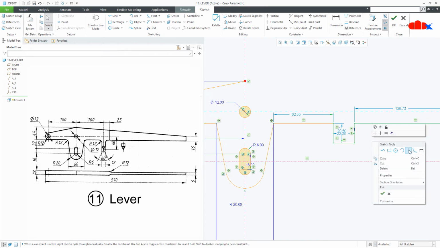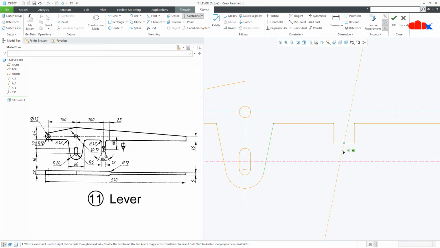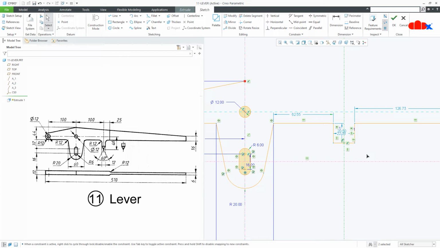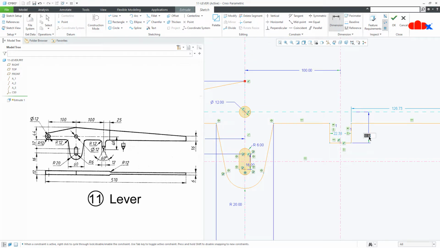Now draw a center line from the mid of this. Now from here till here, this is also 100, and from here till this end, this is 46.